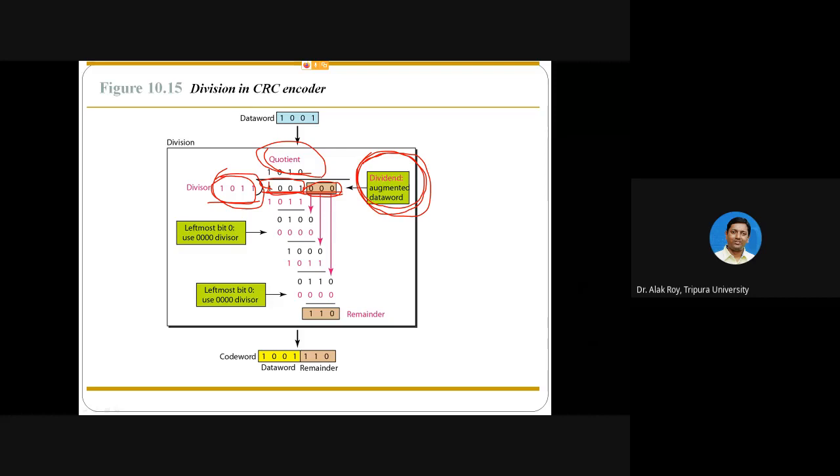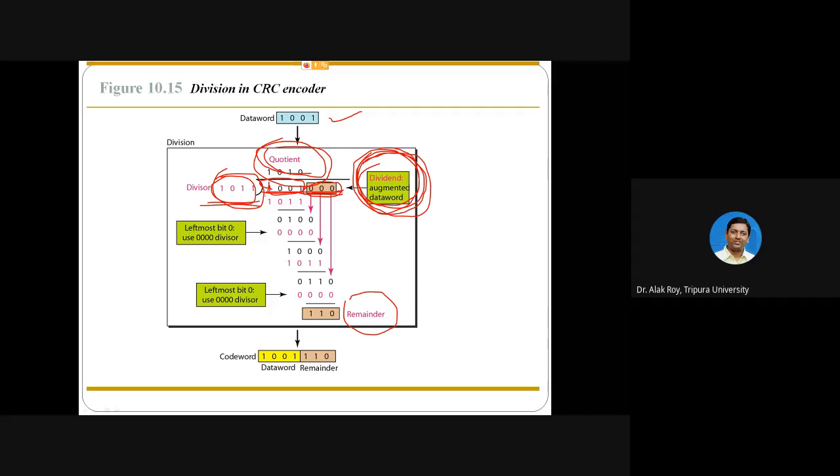In this operation, please observe that the data word 1001 is added with 3 extra bits to form the dividend, and the dividend is divided with the divisor 1011 to receive a remainder and a quotient. So what is the operation you have to use here?